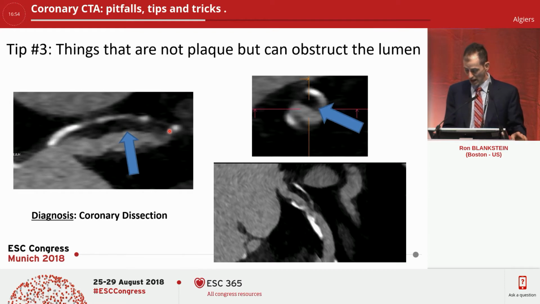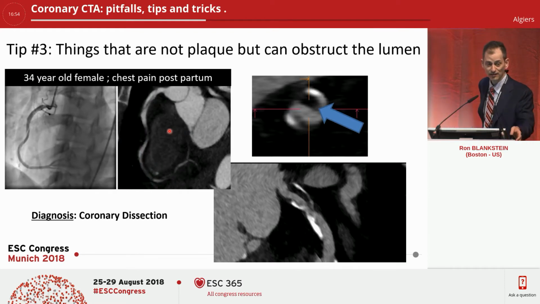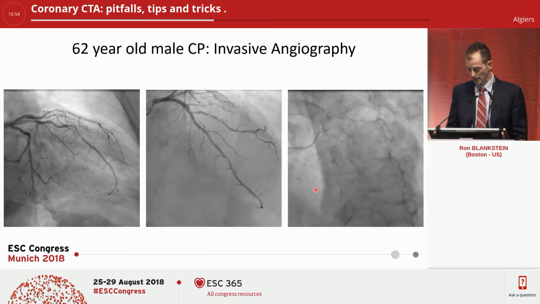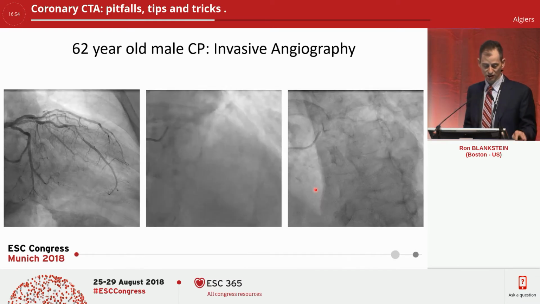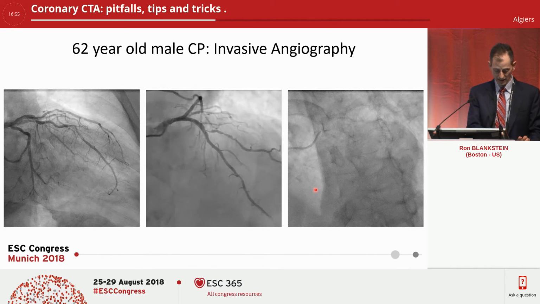In fact, the more common view on coronary CTA is such as this one, a 34-year-old female, chest pain postpartum. This is a spontaneous coronary artery dissection where on invasive angiography you just see a single line. And on CTA here also, if you get the right plane, you can see a line right through there from the dissection flap. So this is a more typical spontaneous dissection. And on the right here, iatrogenic from the cath. And these are images from the cath just to show you. This patient had an LAD,